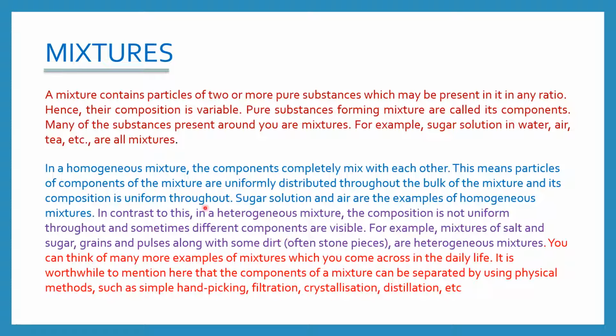In contrast to this, in a heterogeneous mixture, the composition is not uniform throughout and sometimes different components are visible. तो इसमें यूनिफॉर्म कंपोजिशन नहीं होती, पूरे बल्क में कंपोजिशन यूनिफॉर्म नहीं होती, और जो कंपोनेंट्स जो प्योर सब्सटेंसेस से मिलकर हम मिक्सचर बनाते हैं वो विजिबल भी हो सकते हैं। For example, mixture of salt and sugar, जैसे हम सॉल्ट एंड शुगर को मिक्स करते हैं तो उनके कंपोनेंट्स विजिबल होते हैं, and grains and pulses along with some dirt, often stone pieces, are heterogeneous mixtures। तो ये heterogeneous mixture के examples हैं।